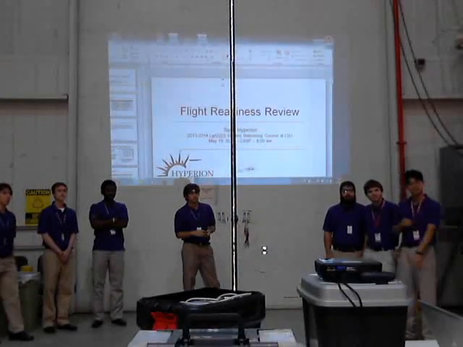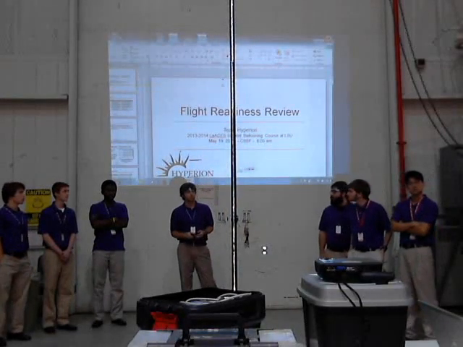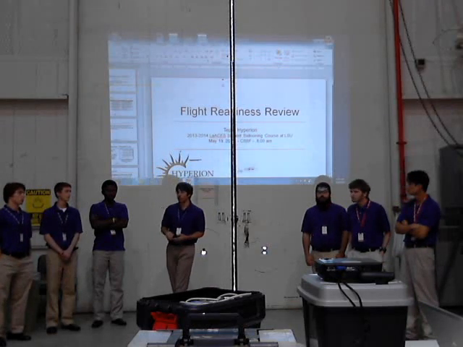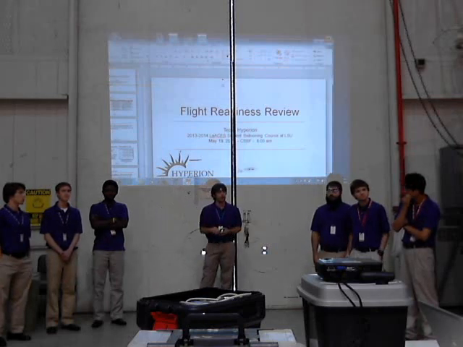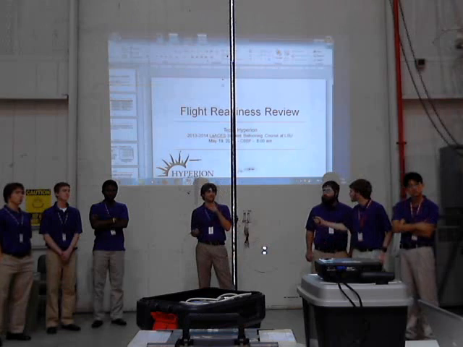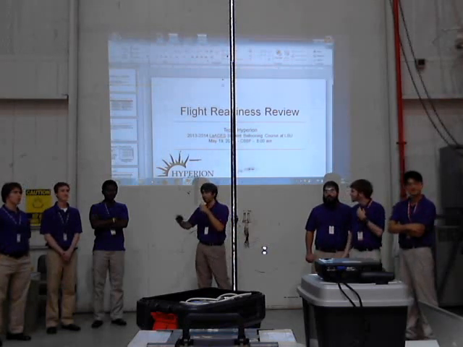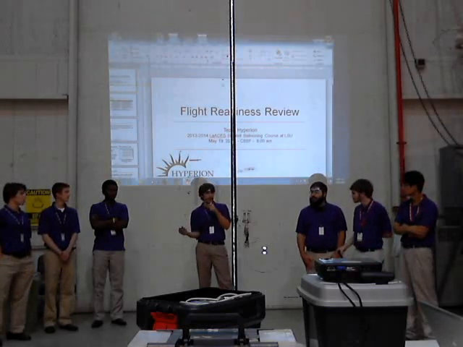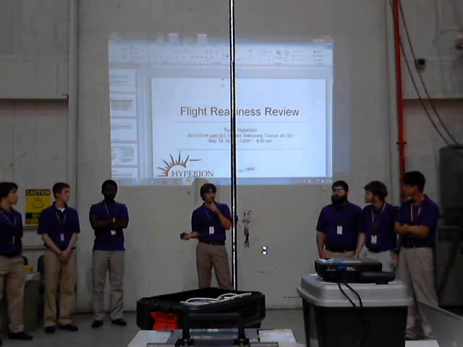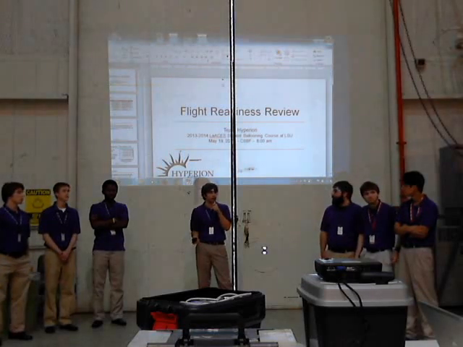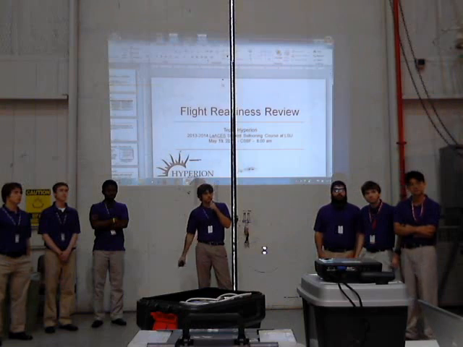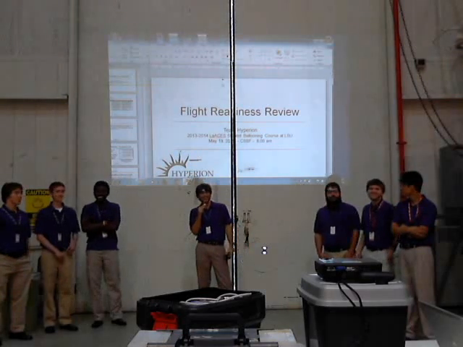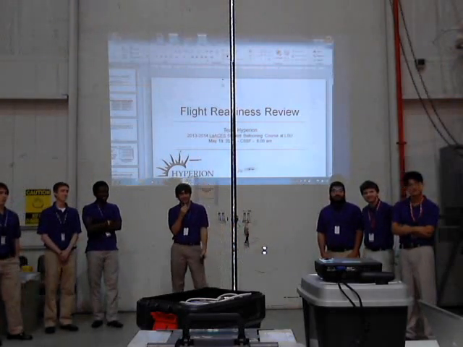Were those all measured weights in your current configuration of your ferrite core and everything else? All those weights were measured except the copper plane, the extra grounding plane. We estimated it to be about 20 grams because it was roughly the same weight as the ferrite core. So how are you going to lose 120 grams? I don't know. Okay, we'll have to talk about that.